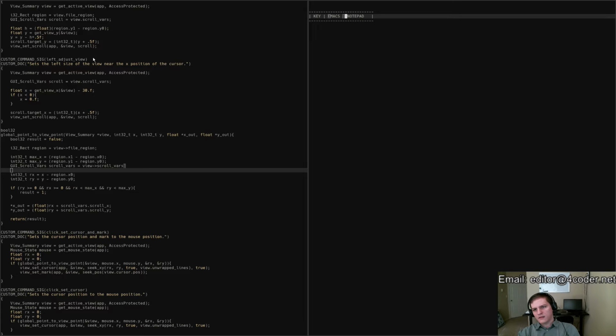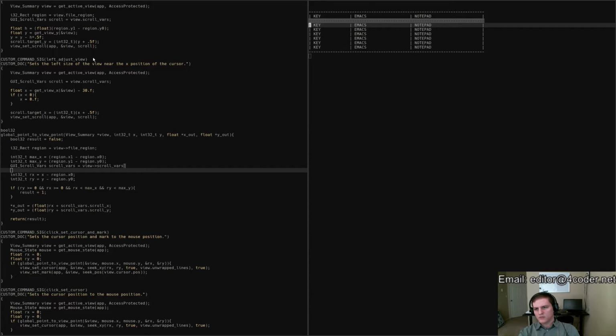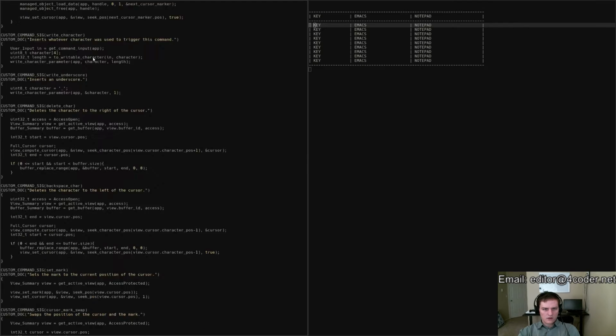Alright, and then what we want to do is first of all pad out all of these so we don't run out of space for any of them. And now keys that we care about include